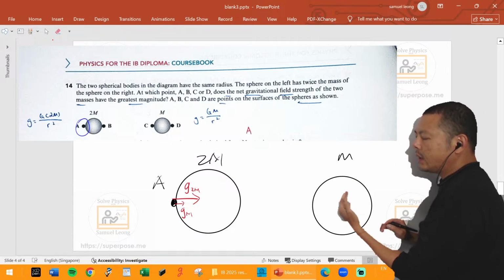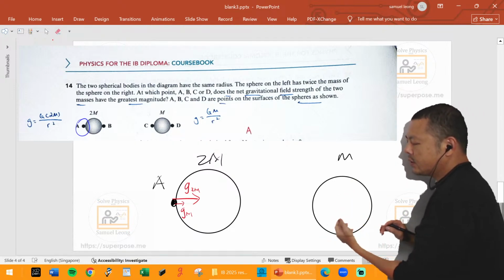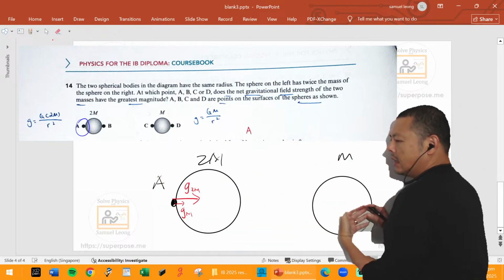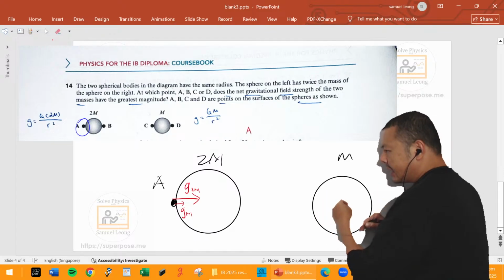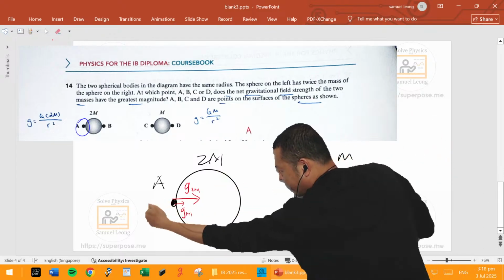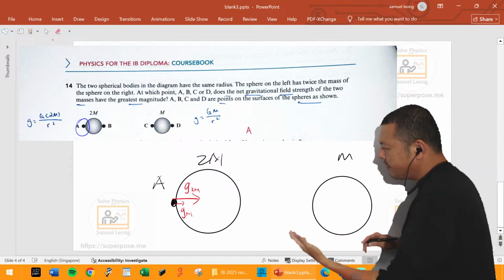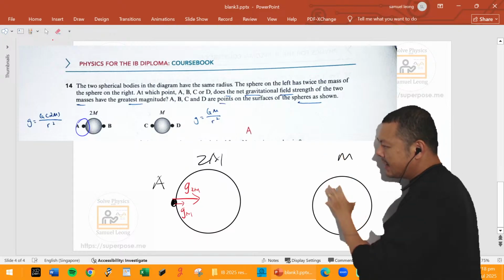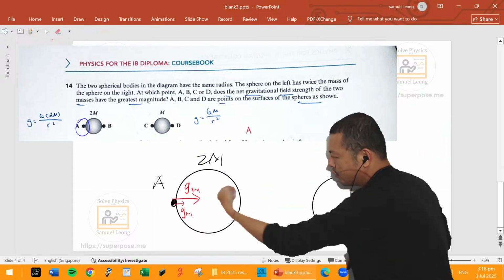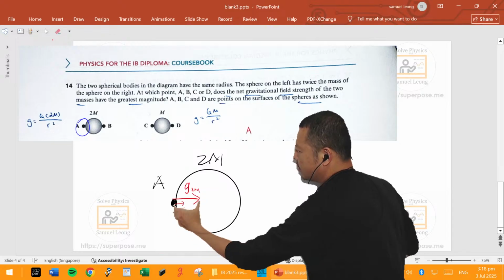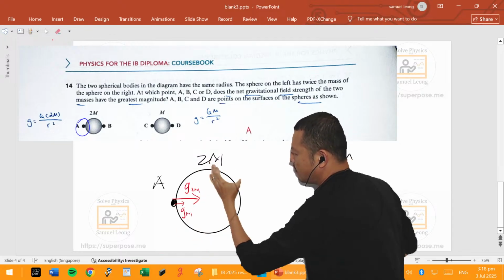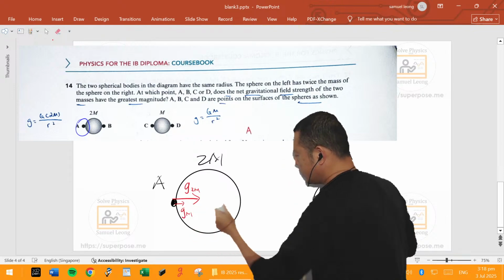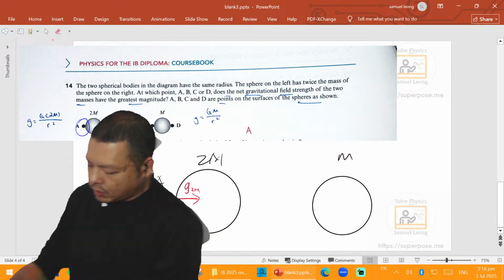One of the key things that confuses students is, how come G fields and E fields can pass through another body? How come this mass here can attract a point that's on this side, pointing this way? And the answer is yes. G fields cannot be blocked, and E fields cannot be blocked in a sense also. So this mass can attract this point right through the body. So the total G field is the arrow from 2M and then the arrow from M. But we can explore the other points.